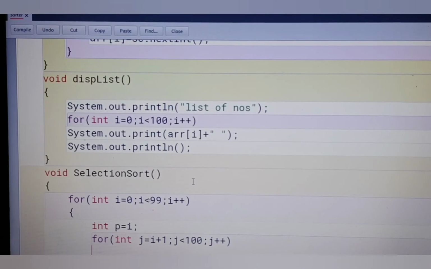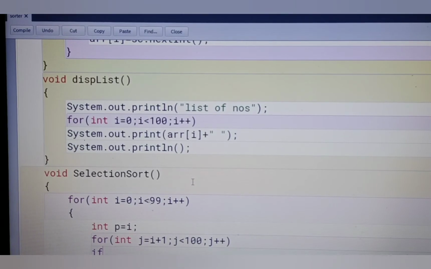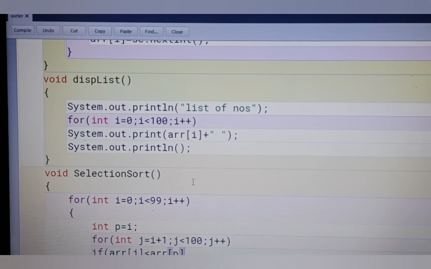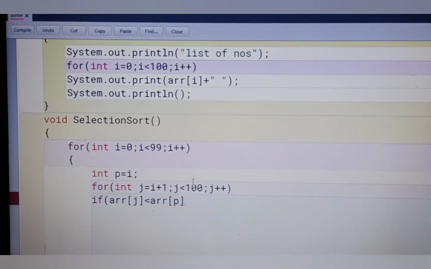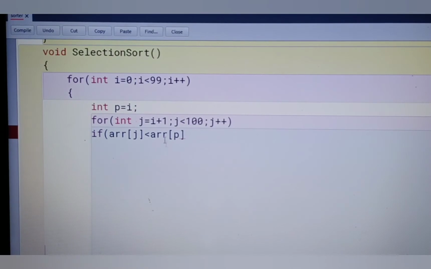After this we write the condition. If array of j is less than array of p, since we have to arrange in ascending order. In p we stored the initial I value.